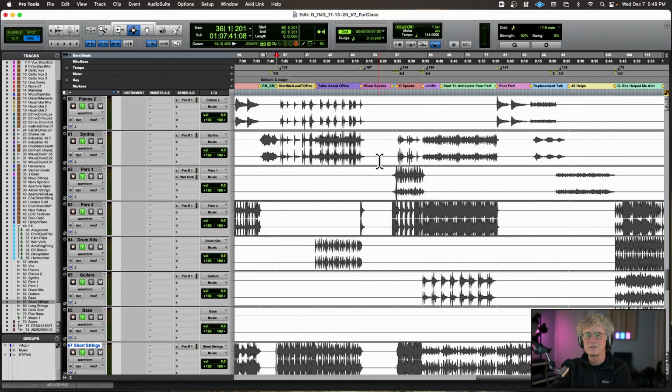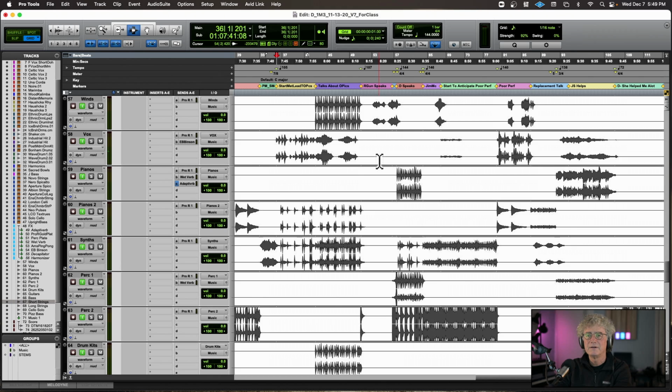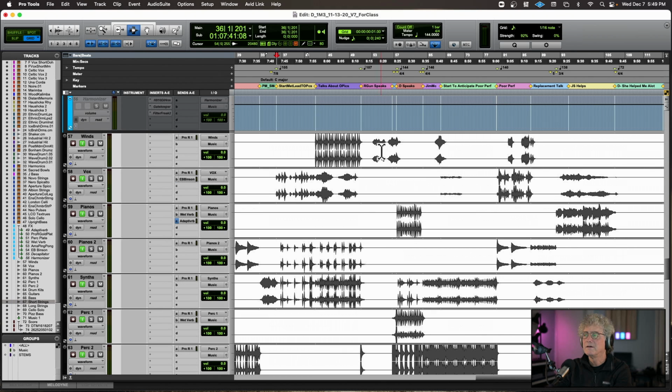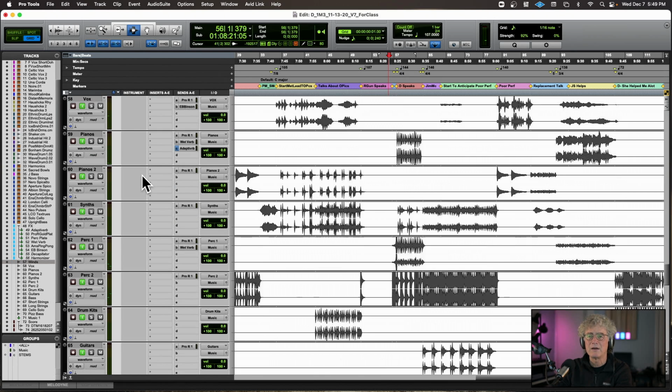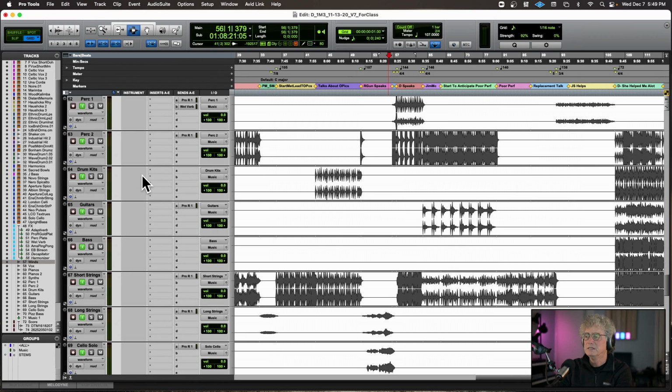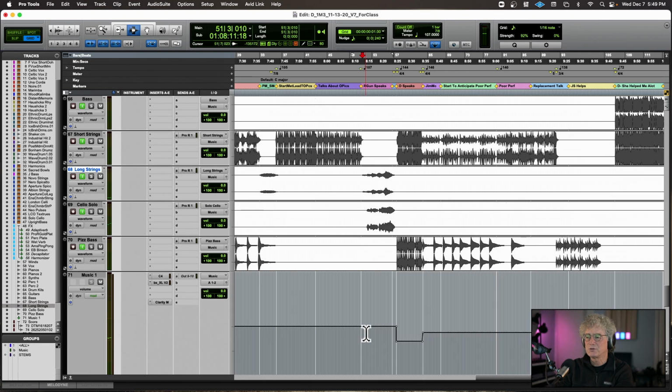I've got trumpets here somewhere. Is that trumpets? Yeah, I have it in with the winds. I just didn't want to have a separate track for trumpets. And then there's this beautiful solo cello sound here that works out really well.